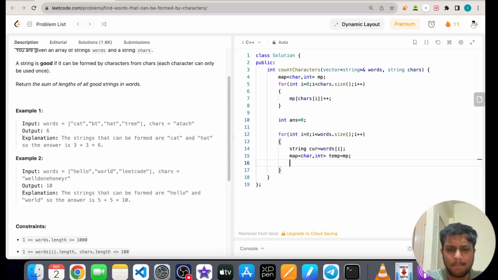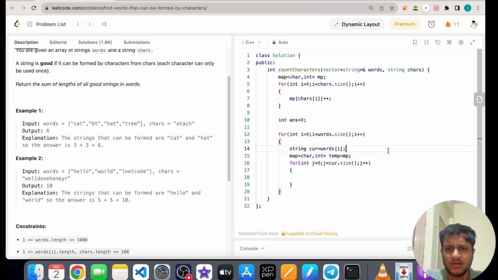Okay, and now we'll go to each and every character, right? So for int j is equal to 0, j is less than cur dot size, and j plus plus.